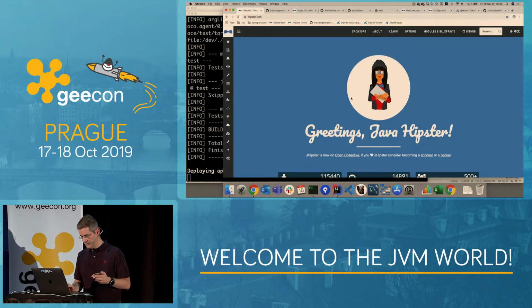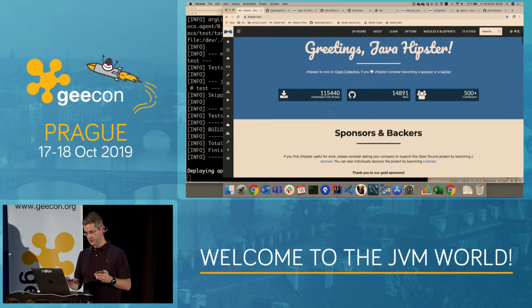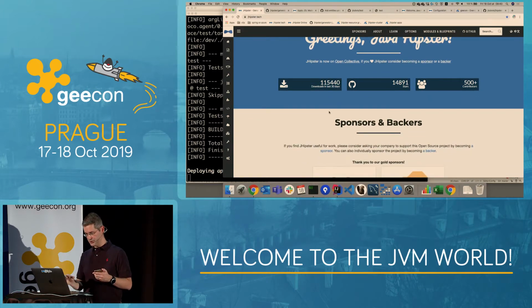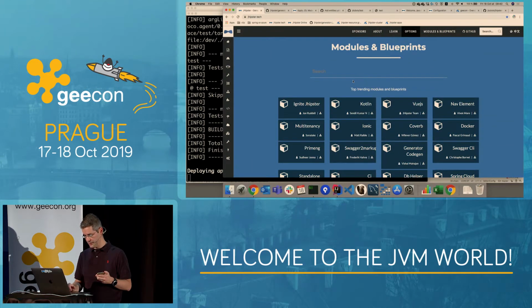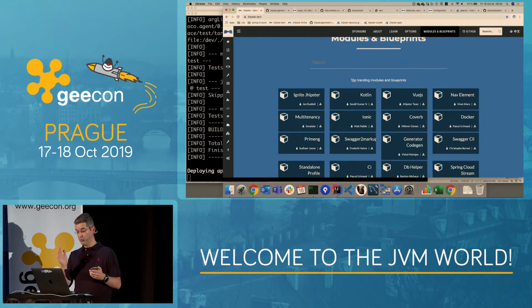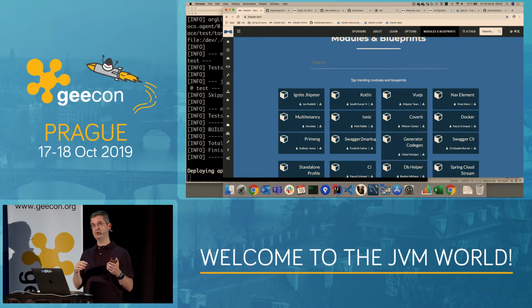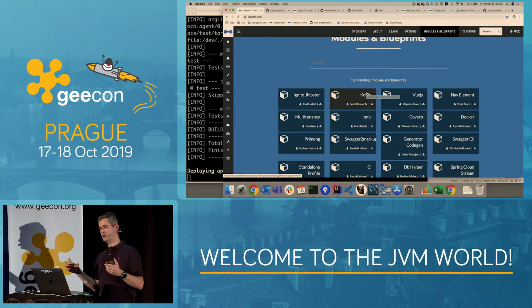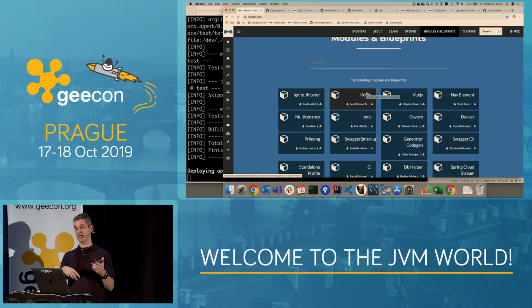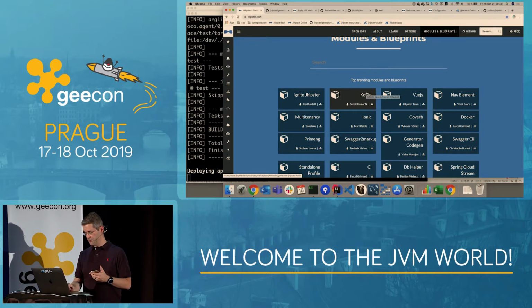Well, if you go to the main website here, so this is the main application, the main generator, and then we've got options. If you go down here, we've got the most popular ones here. And you can do either what we call modules or blueprints. So to make it simple, it's ways to extend JHipster. So you can do your own, for example, JHipster Kotlin thing. It extends JHipster, so we've got our API, you've got everything from JHipster, but you can override some files. So they are just overriding the Java files to generate them in Kotlin instead. It's quite easy to do. It's quite popular, and that's how we've got Kotlin and Vue.js support at the moment.